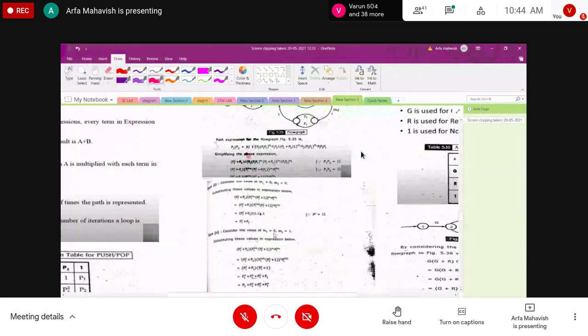Look at here. p2 power 2 plus p2 p1 plus 2m m2 p2 power 2 plus p1 p2 p1 plus p power 2 1. Whenever you are finding p1 and p2 equal to 1, you are representing it with 1 over there. This is the condition of the flow graph, push and pull. So consider the value of m1 equals 0, m2 equals 0, so subtracting these values.